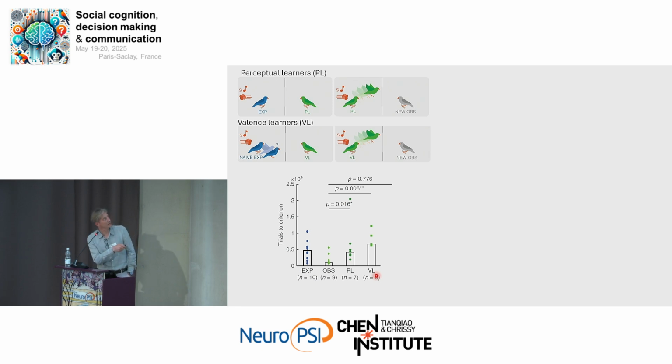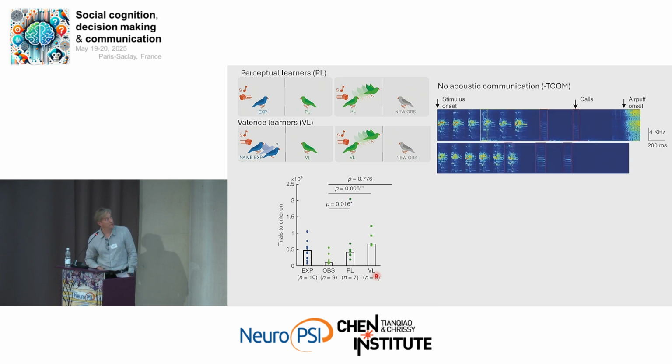Then we had valence learners. These are birds that saw experimenters that were not competent, so they didn't learn it, either because they were not very fast learners or because we made the task a bit harder, a bit random, so that they could not learn it. Some of them experienced a few air puffs, but when we tested those, they were actually the worst of all birds. So this shows that this is an aversive stimulus. It's not like aversive conditioning that we're dealing with here, because then they would have learned it. Then we had one more experiment because we saw that the birds tend to communicate, right?